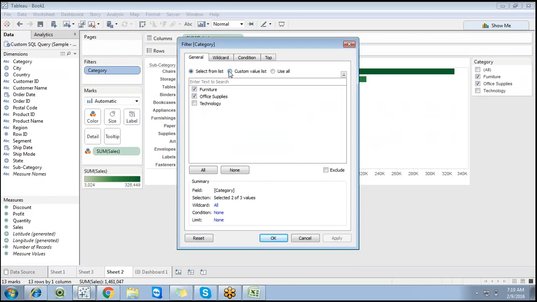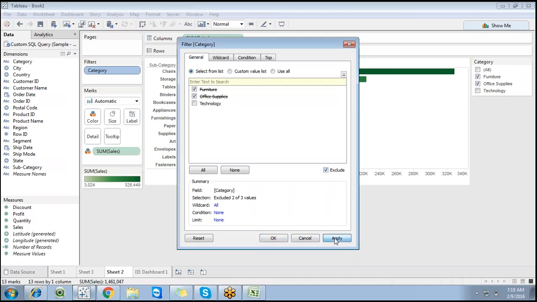And you have a custom value list. I'm going to explain this custom value list in a different scenario, though it is pretty important. If you want to include any particular value, you can type it, for example I want to add All in my custom value list. Click on All. You can go for selection, but now it is not important, we can discuss custom value list later. Or you can go with the use all option. But importantly, we can work with general, and you can showcase exclude as well.